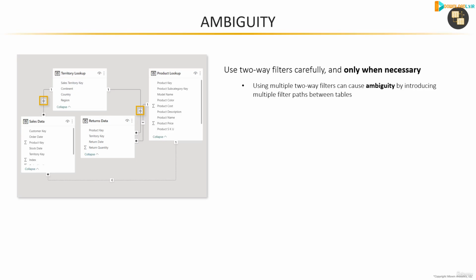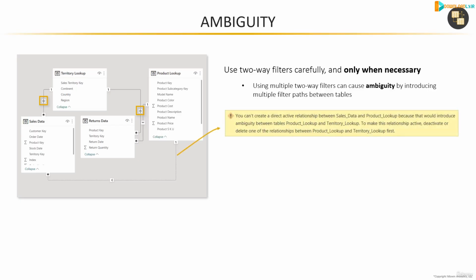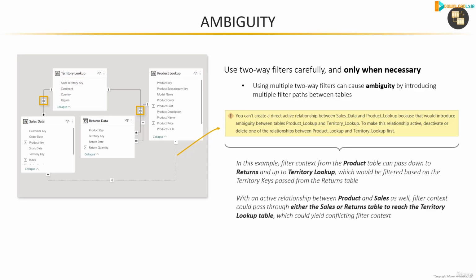So you'll notice here that product lookup is connected to our returns table with an active relationship, and it's connected to our sales table with an inactive relationship. If we tried to activate that relationship between product and sales, we'd get an error message that sounds like this. It says you can't create a direct active relationship because that would introduce ambiguity between tables product lookup and territory lookup. So that message is a little bit vague, it's a little bit unclear, but what it's essentially saying is